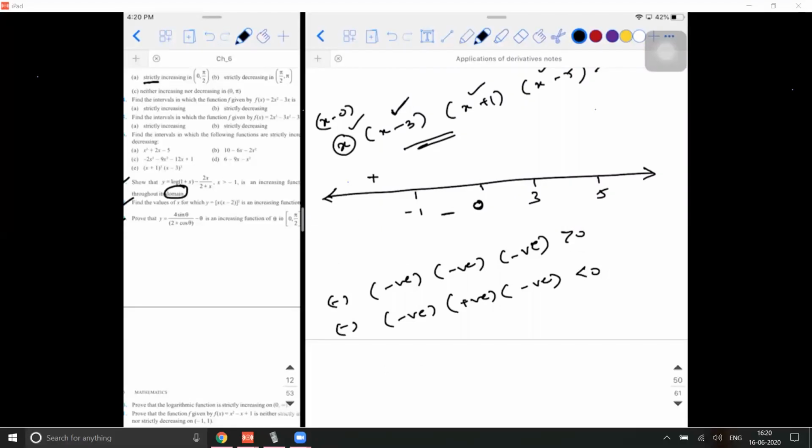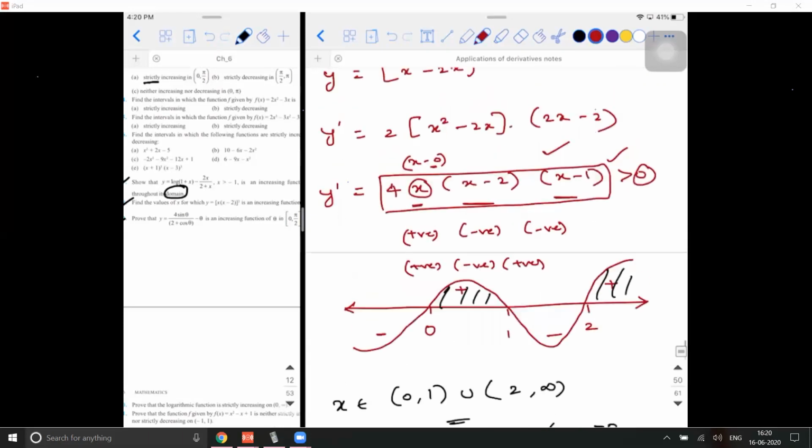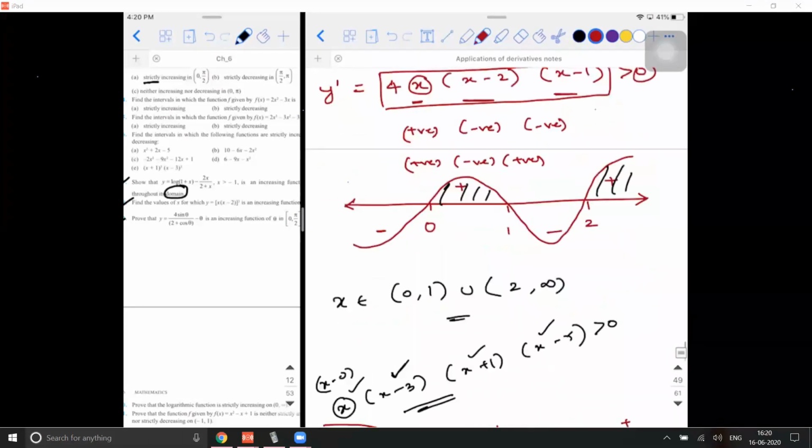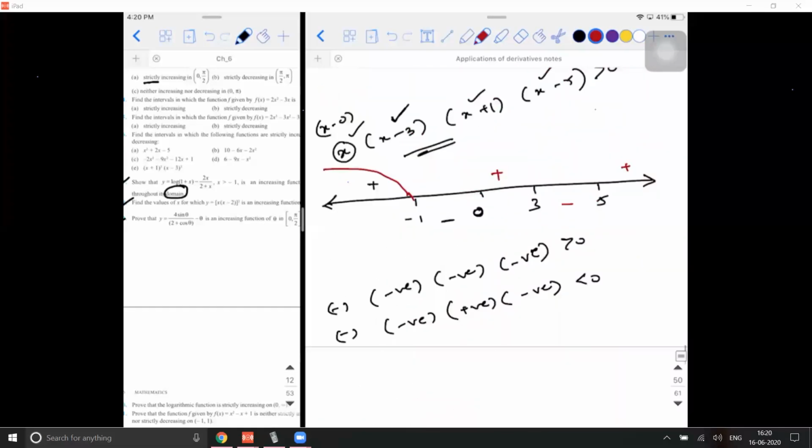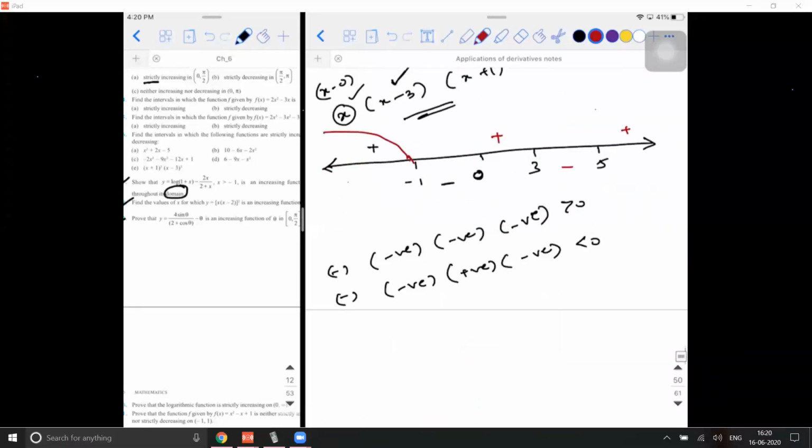Let us assume you're getting the signs like this: plus, minus, and plus. You should always start the curve from the left extreme. If the left extreme is positive, the curve will come from the top. Whereas in this case, since the left extreme was negative, it came from the bottom. You should cover that plus and minus sign. So positive is taken here, negative is covered, positive is covered, negative is covered, and positive is taken like this.